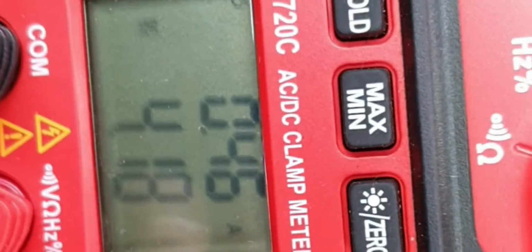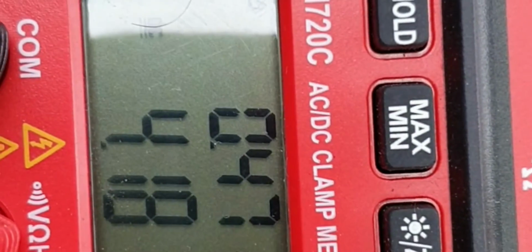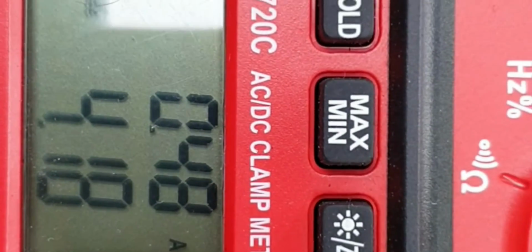Let me check everything is clear from the moving parts. Okay, I have started the engine, but I have not cleared any fault code. As you can see, with the engine running, we have 4.18 volts from the signal wire,